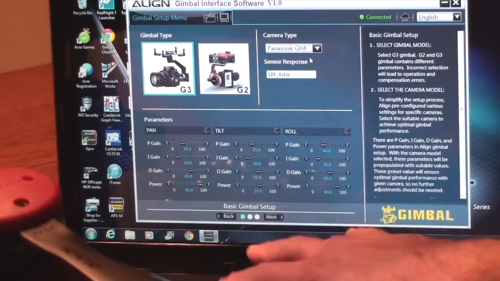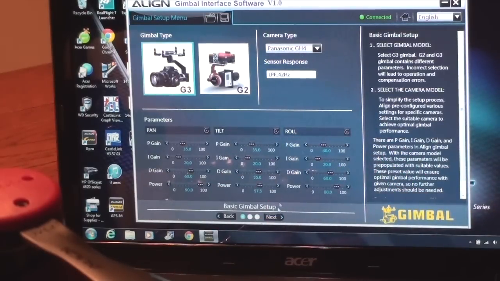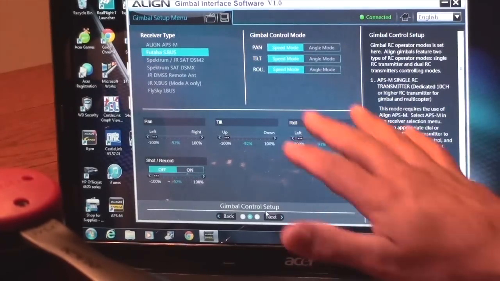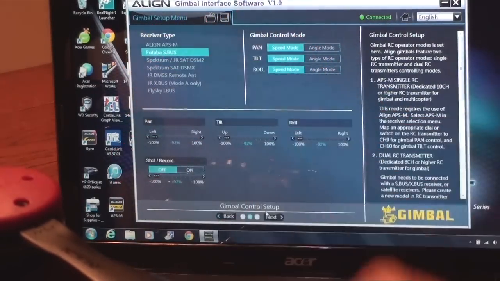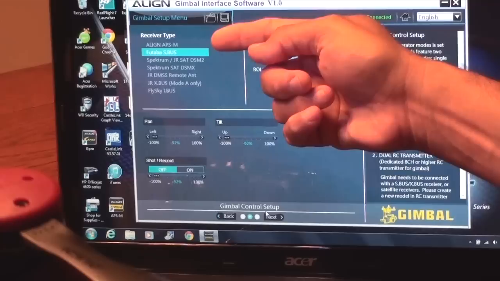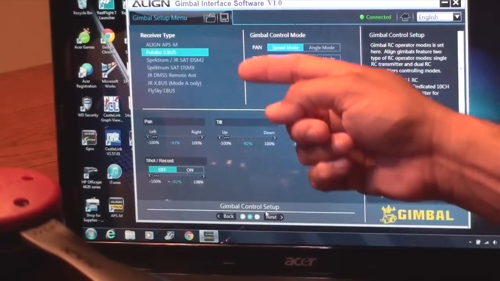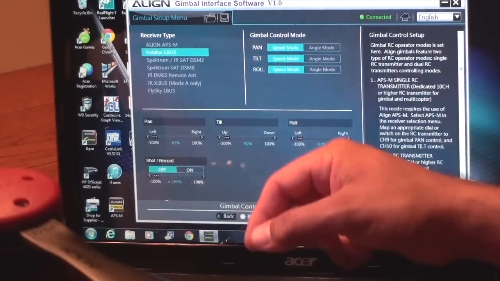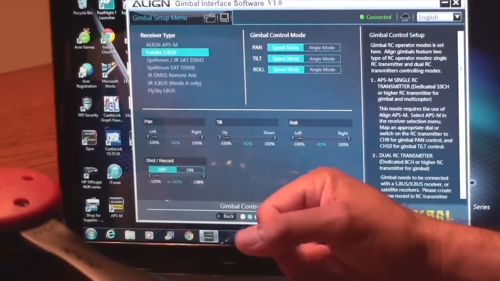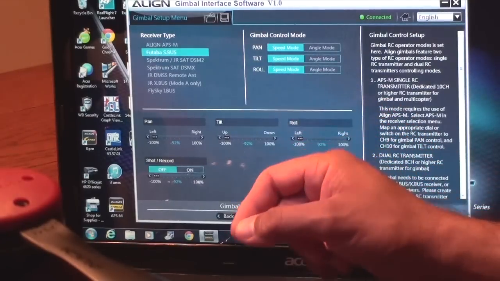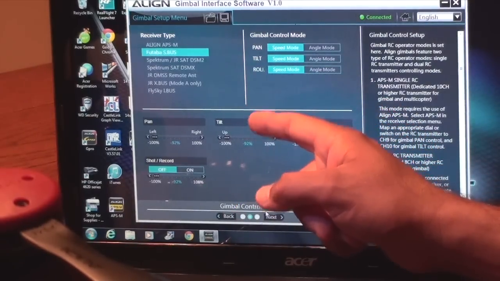And before we do any adjustments though, I want to cover a couple of the other screens here. Alright, in the gimbal control setup menu here, the first thing you'll notice on the top left is receiver type. In this case, you'll notice I have Futaba S-Bus selected. There is also Spektrum, DSM2, DSMX, you have JR DMSS, as well as JR X-Bus, and the FlySky system